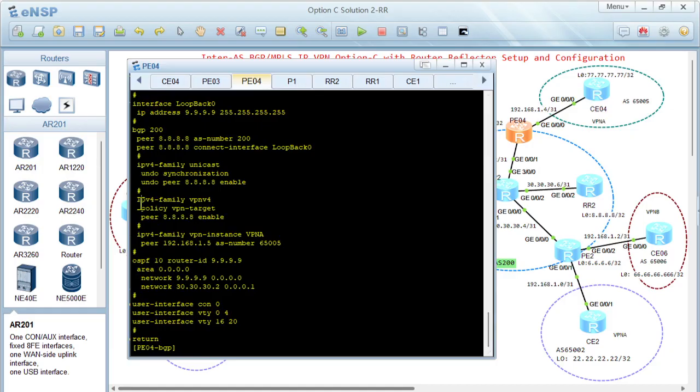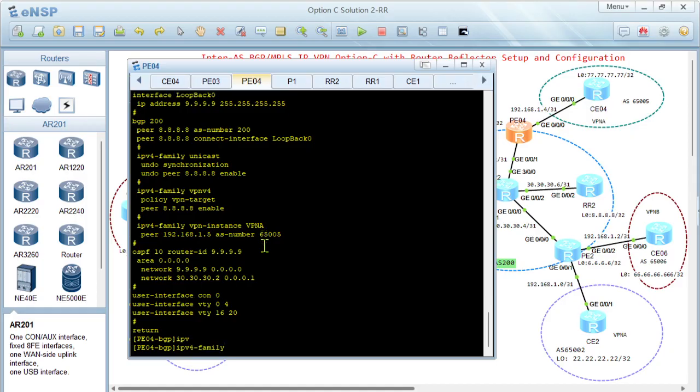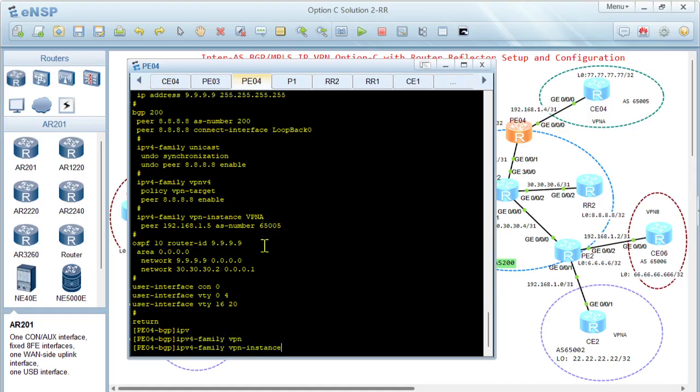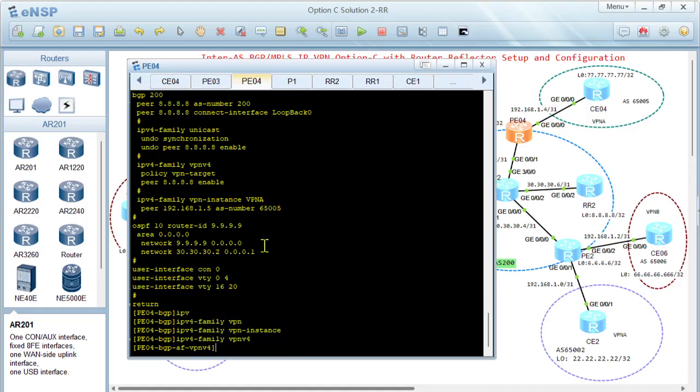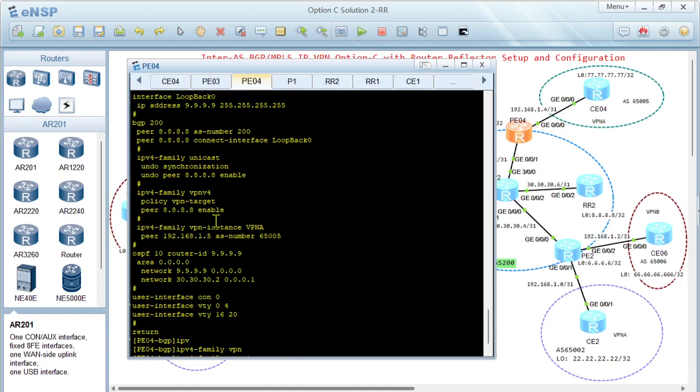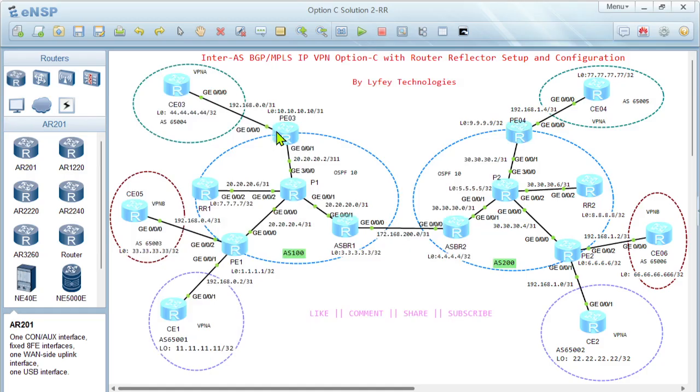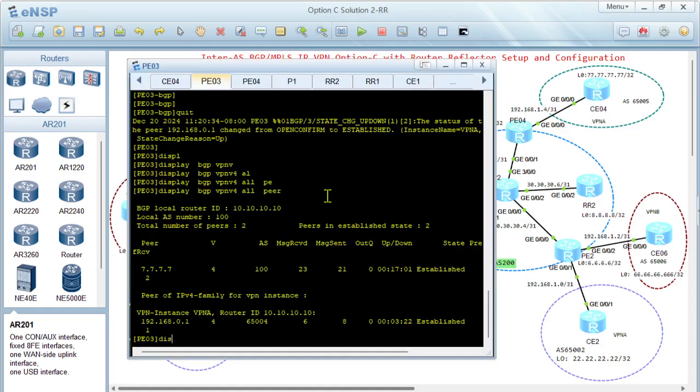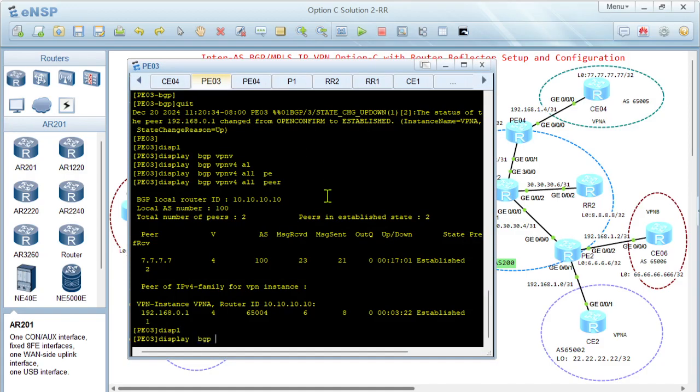So this one, the problem is this. We need to be in IPv4 family, VPNv4, and then I will... Now this one uses the policy VPN target, which is okay. Let me check on P3, display BGP VPNv4,